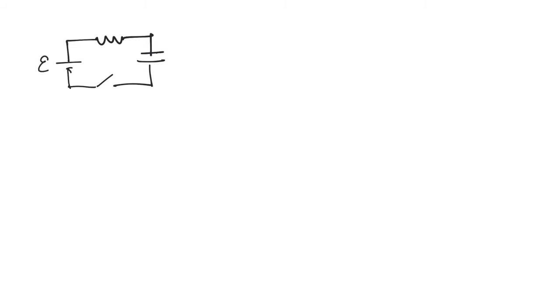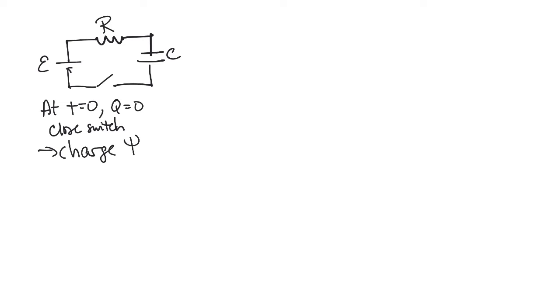Okay, so let's do a full derivation of the equations that we got for charging a capacitor. At t equals 0, this capacitor is uncharged, and I'm going to close the switch, okay? And that's going to charge the capacitor, right? So current will flow from the battery to the capacitor, and then charge is going to start building up on the